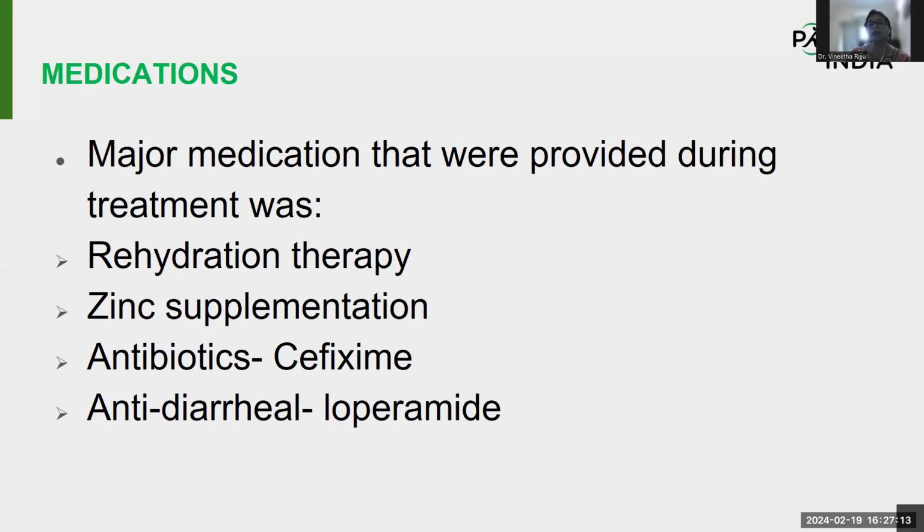These medications, if the patient is recovering, well and good. If the infection is not settling and the patient still has diarrhea, then you can think about adding the antibiotic. So try to restrict the use of antibiotics if there is no clear indication. It is definitely a mild infection that has come in, but if you can treat it along with supportive medications at this point, you can try that.